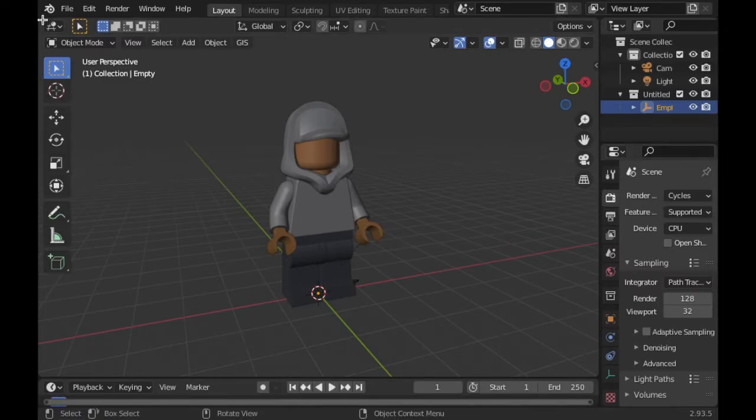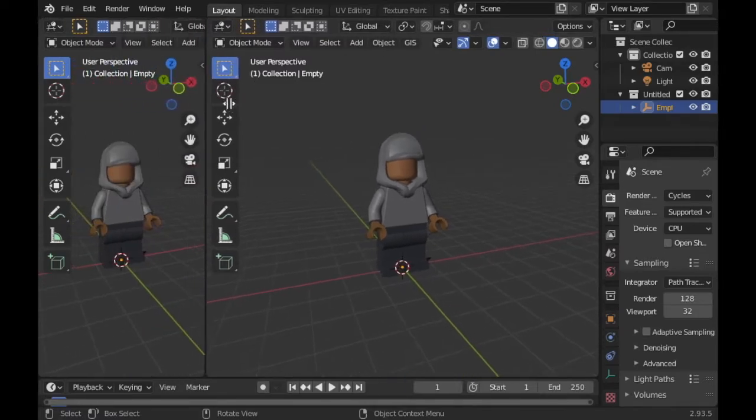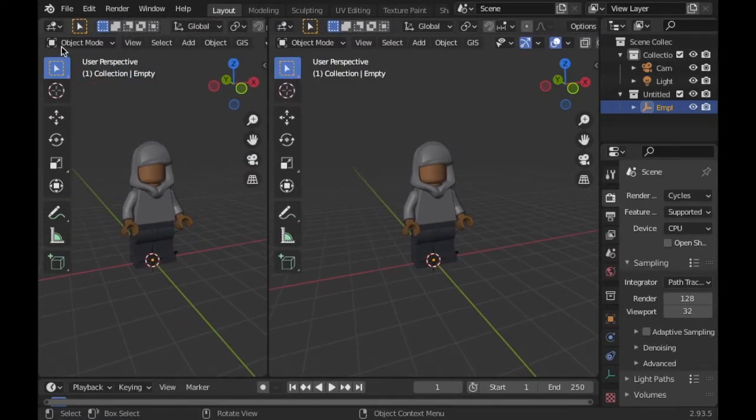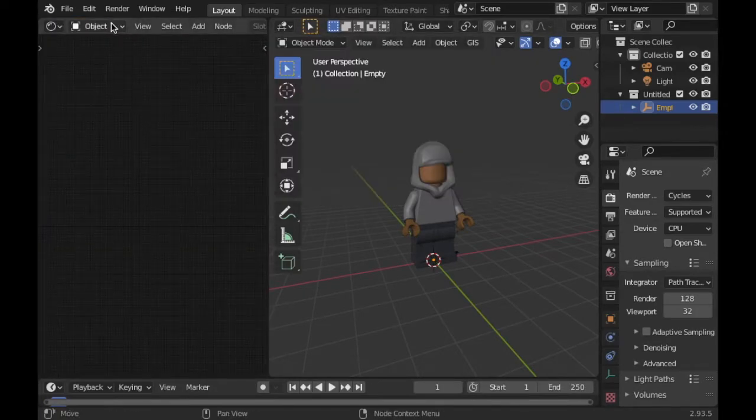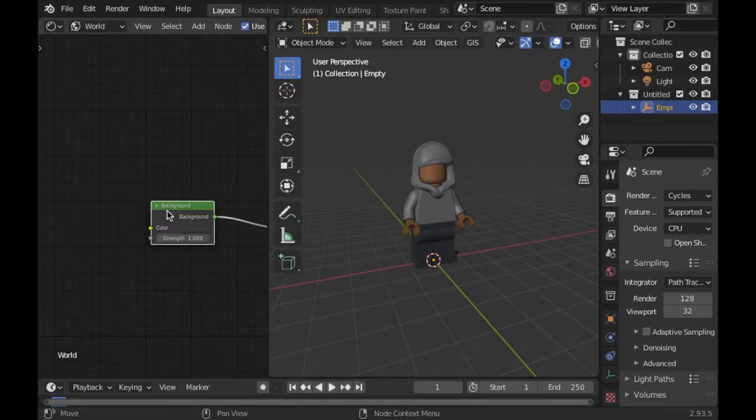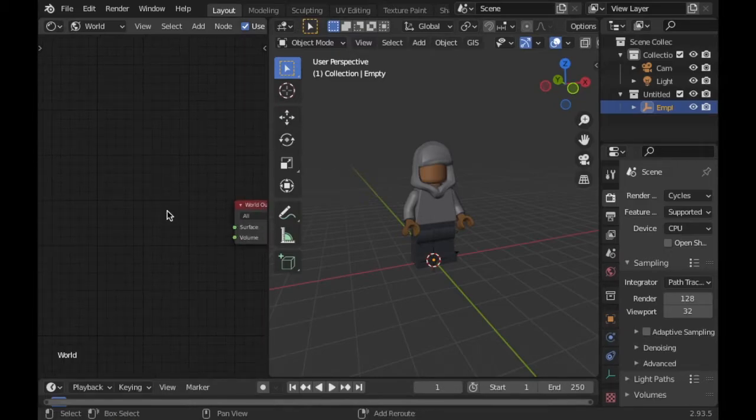Now, the second thing you're going to want to do is go up into the corner here, drag down to open up a new window. Then switch it to Shader Editor. Okay, then the next thing you're going to want to do is switch it from Object to World to see the world's properties. You're going to want to delete the background, which is X, and then do Shift A, and